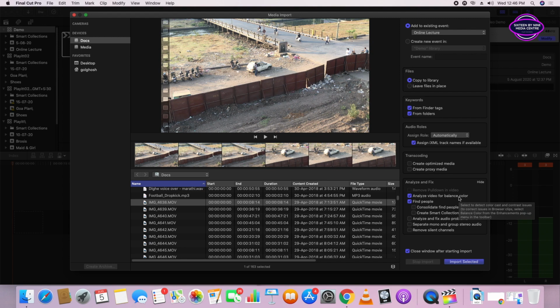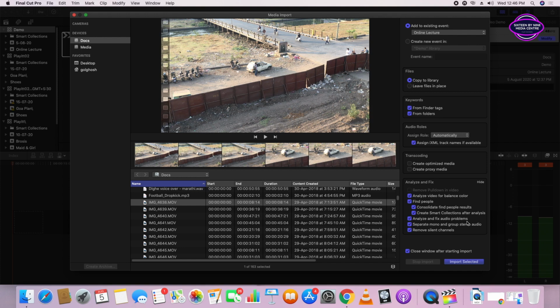Ultimately you will do color correction, that is for sure, but if it is too tinted blue or yellow, FCP will analyze your video for the color. Second is people: it will find different people and sort them out. Again, if you do not want all those things, you can always deselect later, but right now you should select everything.